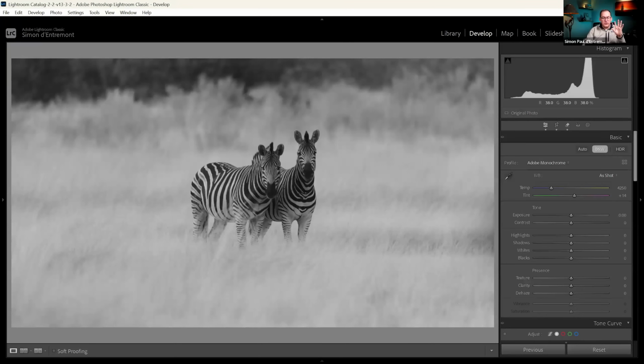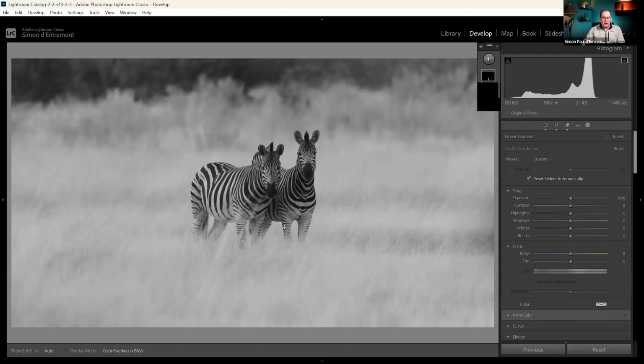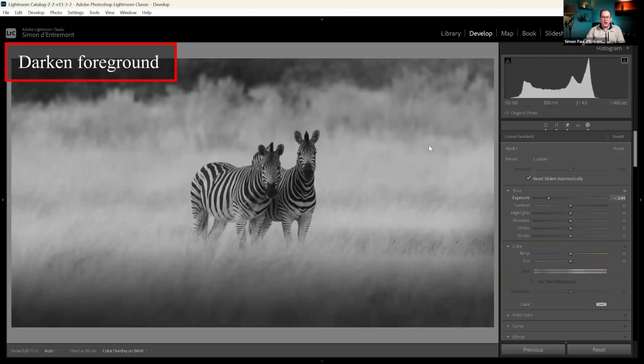Again, back to dull and lifeless. Go black and white. And again, as I showed you earlier, try to make the background and the surroundings a bit more dynamic. You can do something as simple as darken that foreground